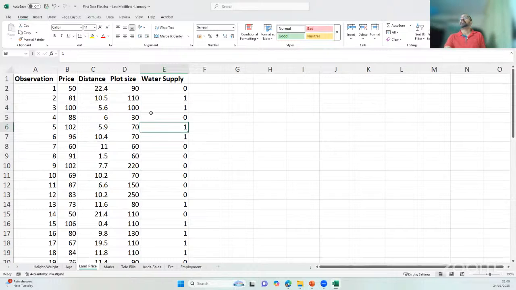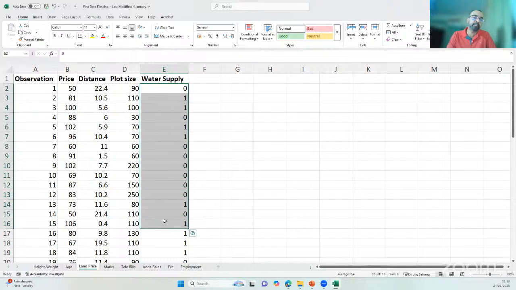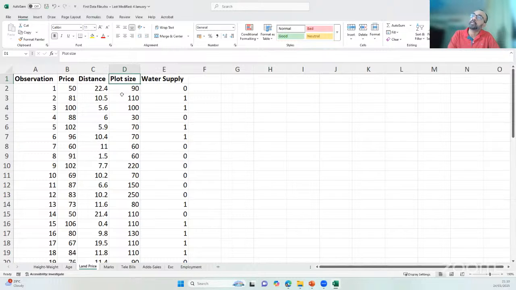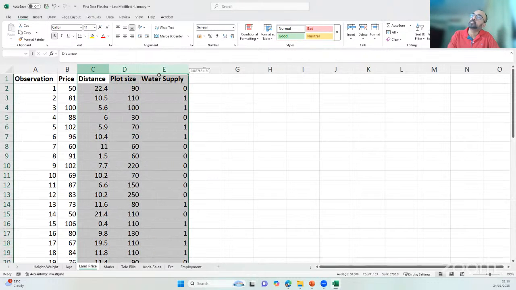But these ones are quantitative data. Now, this one, you can see, is qualitative, whether you have water supply or not. It is qualitative data, so we have used zeros and ones to represent the two states of that qualitative data. Now we need to see what kind of relationship there is from all these three together to